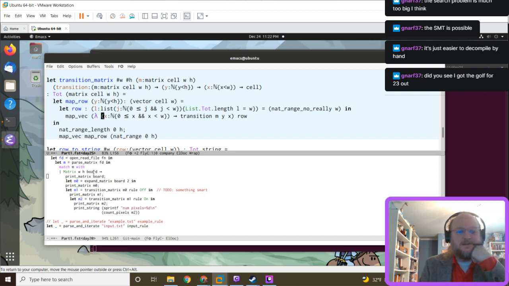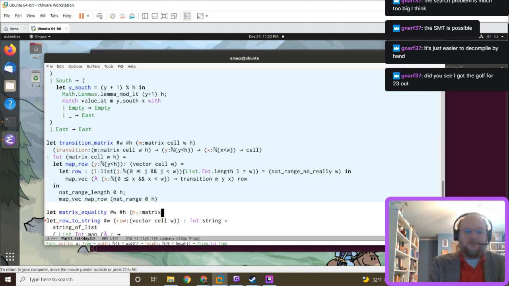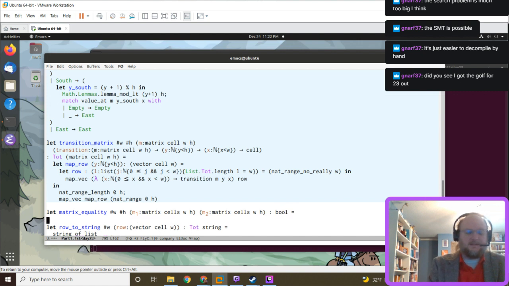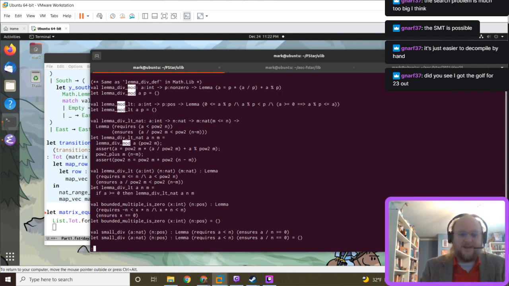So we could track it here, but let's just do the, all right, so two matrices of the same size are equal if, for all, for all, I really want to zip them. Does zip work the same way?